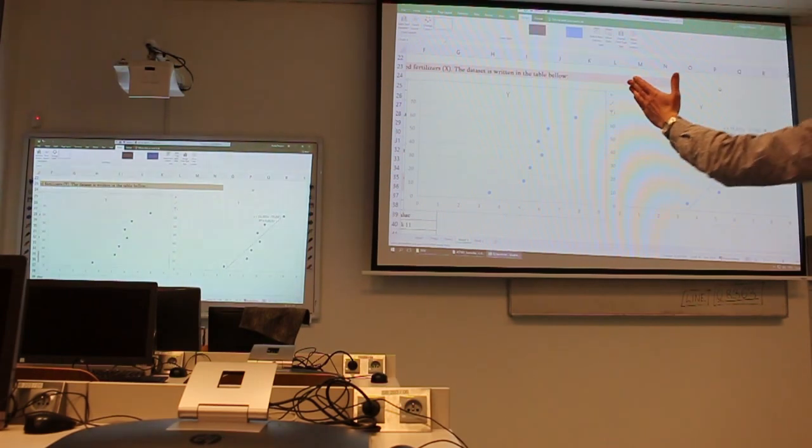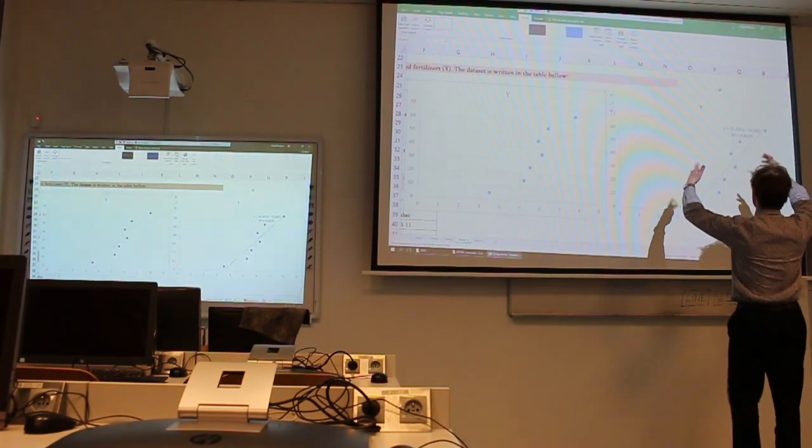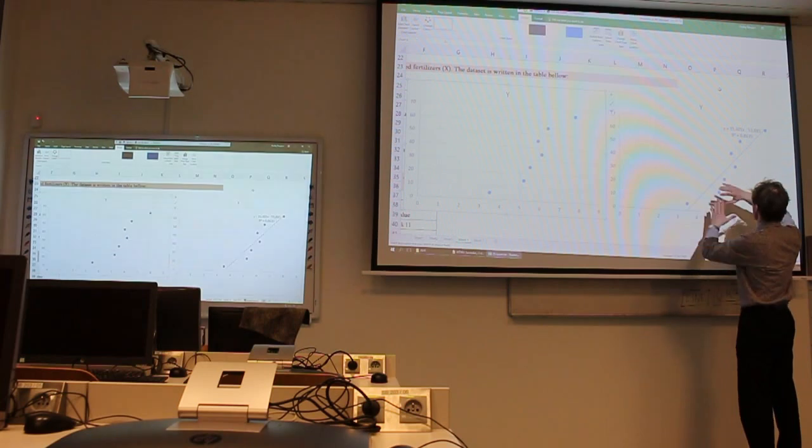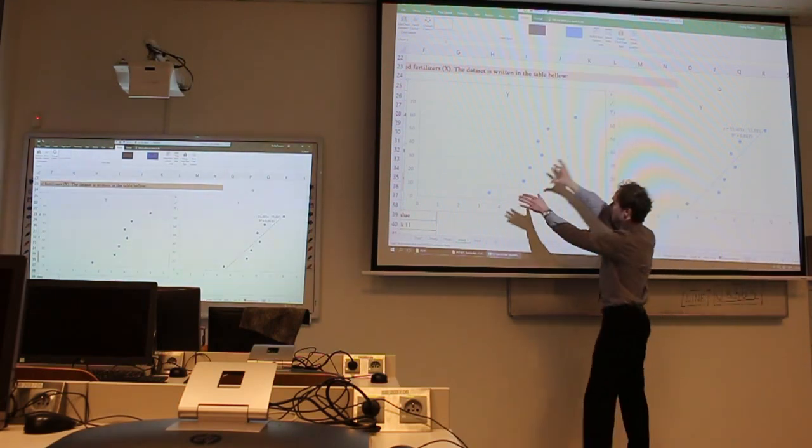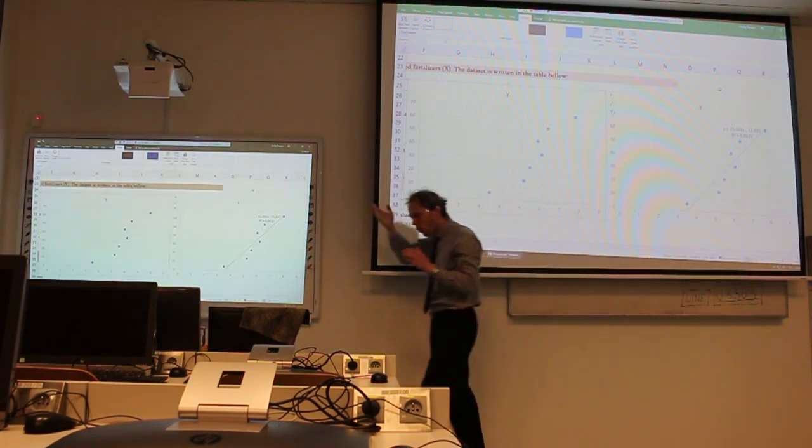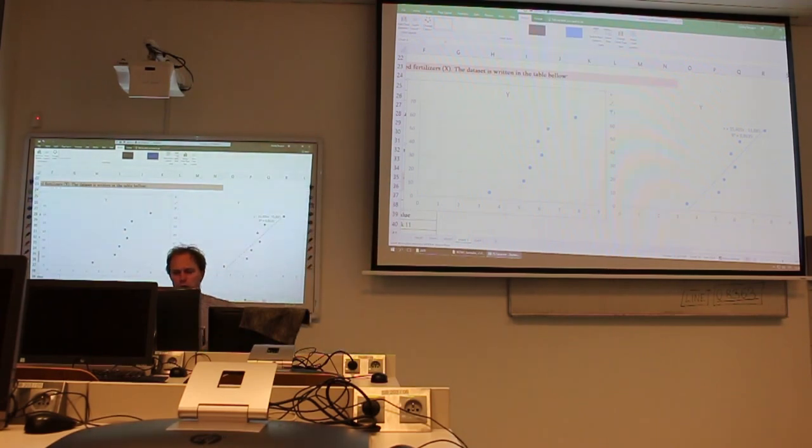Okay, can you see these two charts on the screen? There is the line, and there we have data only. Again, I will use the right button on any of these blue points, and add a trend line. Not linear, because linear is in the right chart. I will use polynomial,